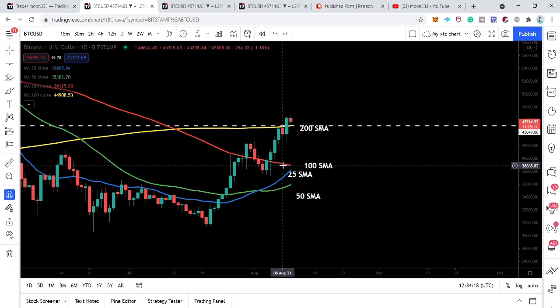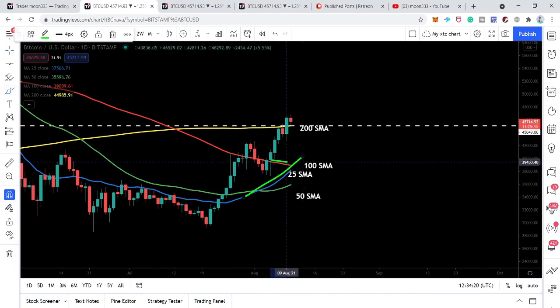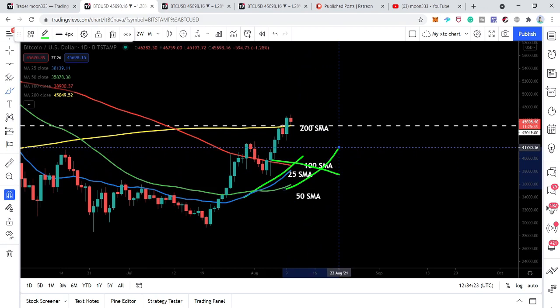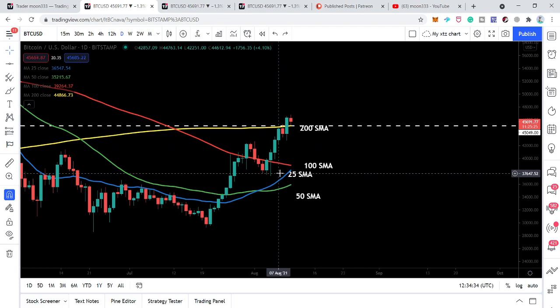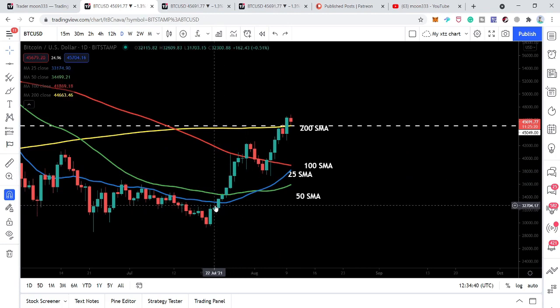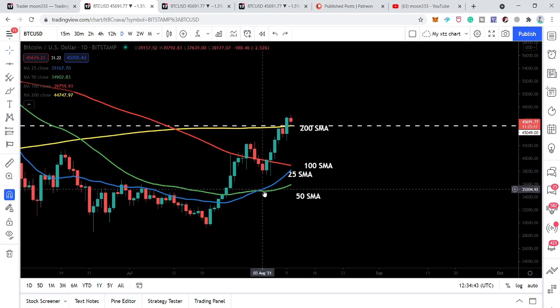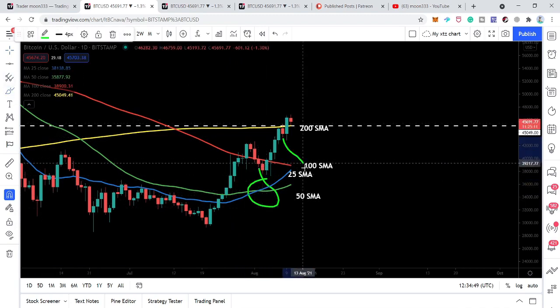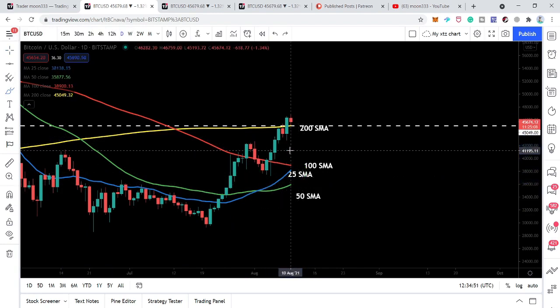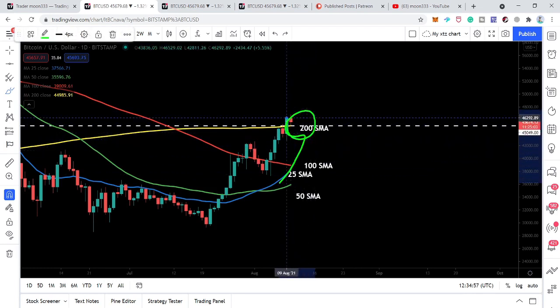And every bull cross between the smaller time frame moving averages and the bigger time frame moving averages will produce rallies towards the upside, as I have been telling you in my previous videos: whenever the smaller time frame moving average crosses up the bigger time frame moving average, that produces a bullish move. And now we are witnessing these bullish moves. First we received the bull cross between the 25 and 50 simple moving averages, and now we are going to witness the bull cross between the 25 and 100, and then the 25 will move further up and form the bull cross with the 200.